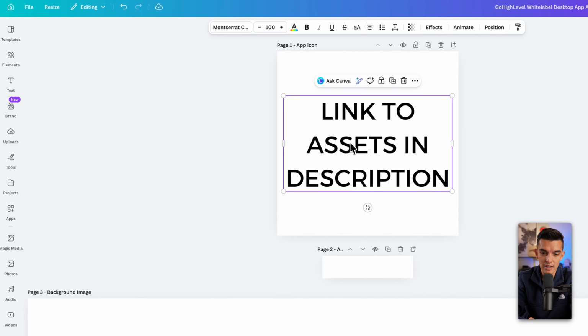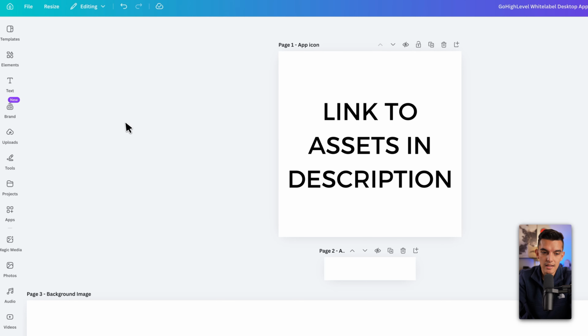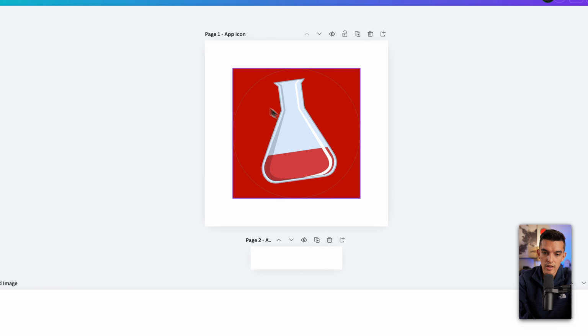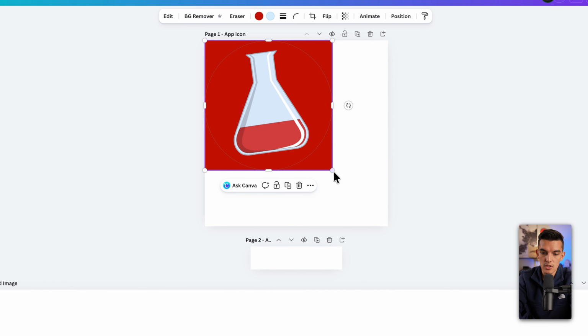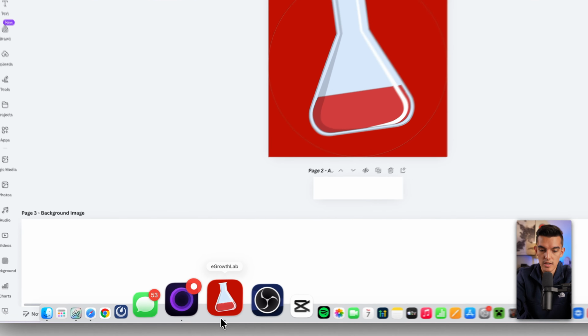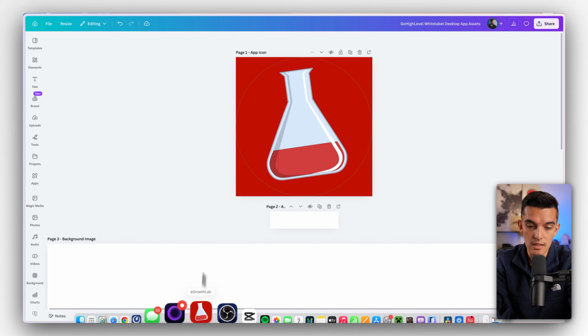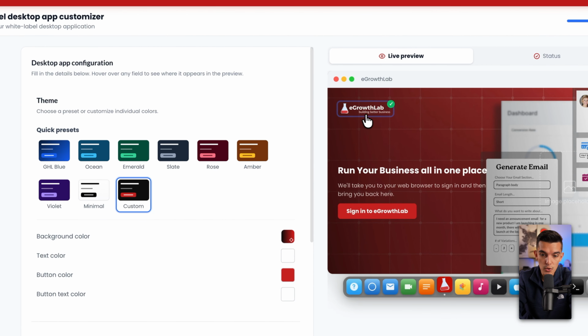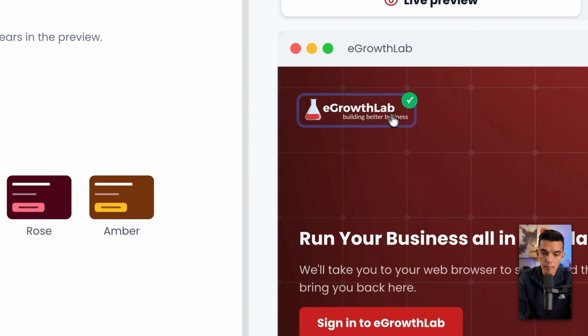What you do is go and click on and delete this text, and I already have several of my assets designed in order to upload it. So I'll add my app icon, which is going to show up inside of the desktop. That way, whenever someone's hovering down here, this is the asset that they're going to see. This is then the app full logo. Jumping back into the live preview, as you build this out, you'll see this app full logo show up in